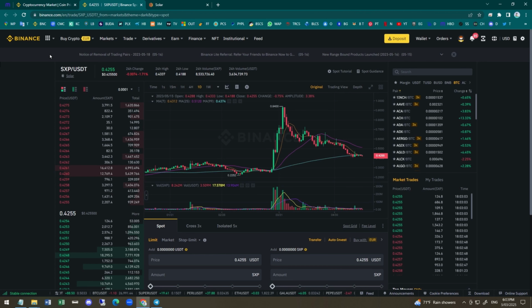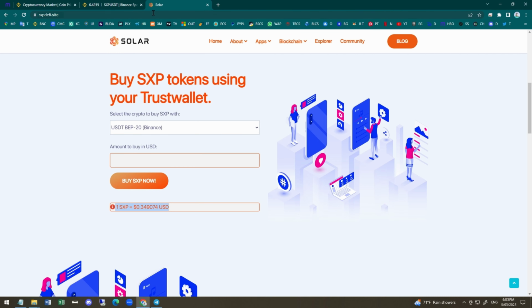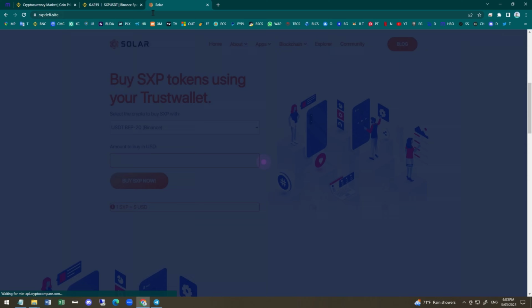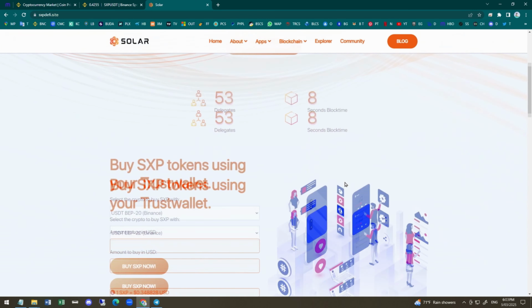Now here's where things get exciting. We're going to head over to the Solar page where all the magic happens. The page is SXP DeFi site. Once you're there, refresh the page to verify the value of SXP. At this moment, it's